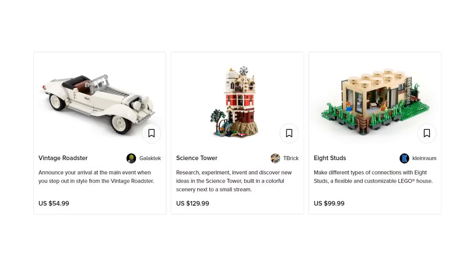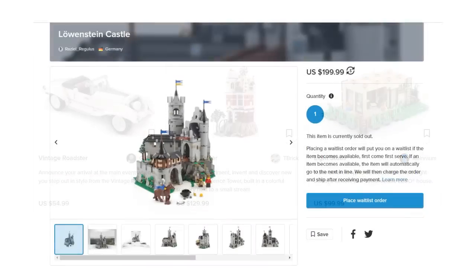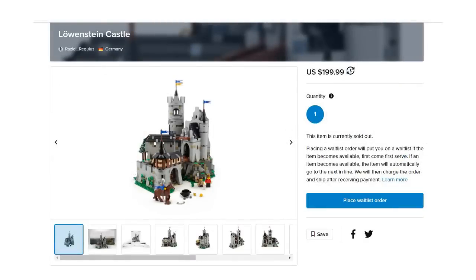Now, the last one is the castle. And this is the most expensive at 200 US, but it is sold out. You have to be on a waiting list if you want to get this. So obviously people love this, and I can see why. One reason being the castle theme is one of the most popular themes in Lego, and it has been discontinued for many years. And I'm quite sure they're going to bring it back soon, or they should,